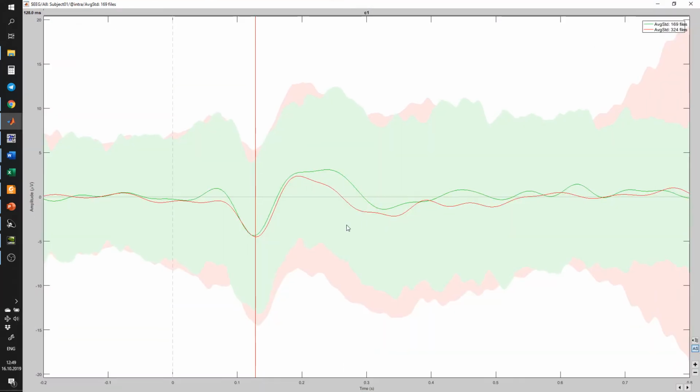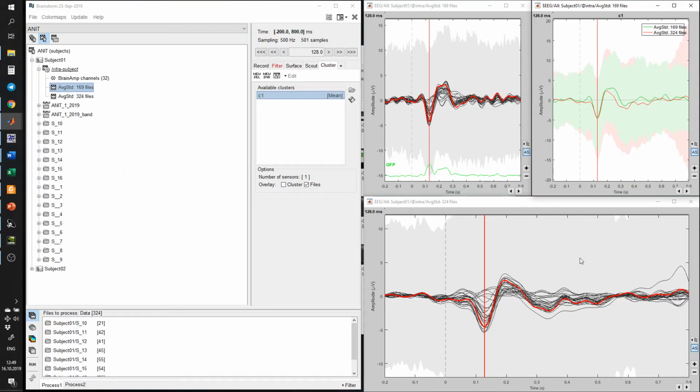Okay, here we are. Actually, I would expect difference here in this time slot, but we have a kind of difference here, but I think that the reason is the same as for this huge standard deviation shadows. I'm sure that part of our recording is not in a very good condition. Anyway,